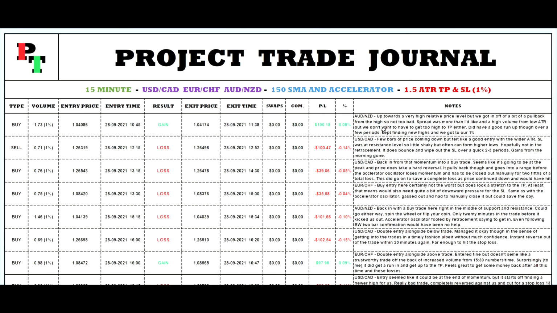Day 1, it looked pretty bad. We sort of had the loss sandwich here. Started with a gain, which was great, and that was a buy trade on the Aussie dollar, New Zealand dollar. We did manage to finish with a gain as well, but all those 5 trades in between did put us down for the day,